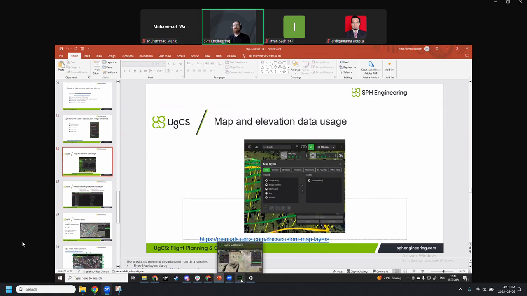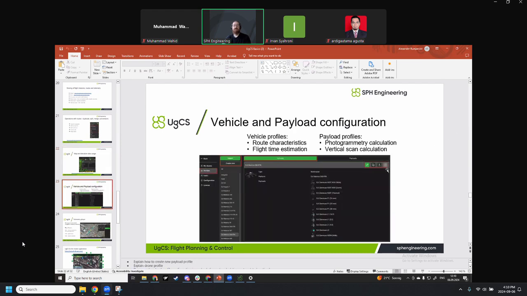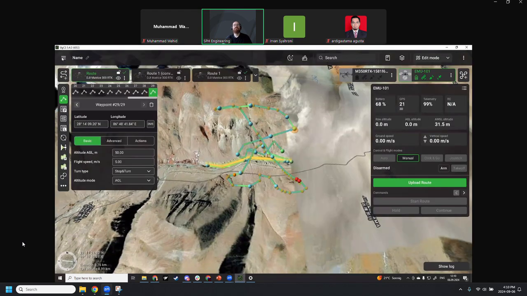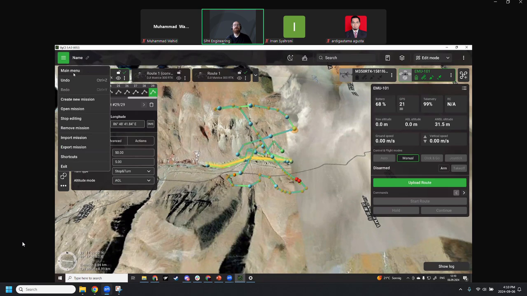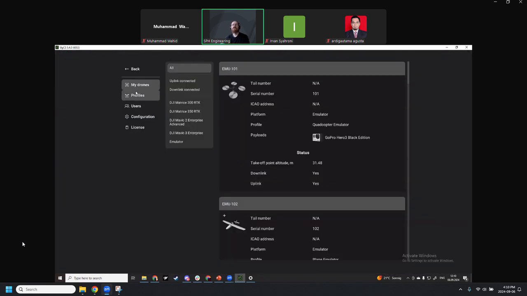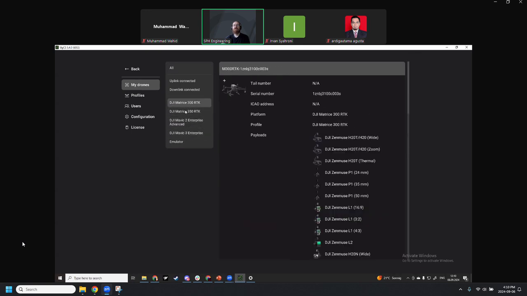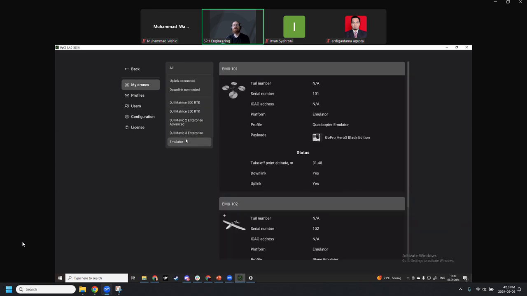Okay, map and elevation data. I've talked about this. And vehicle and payload configuration. So here in the main menu, we can see the My Drones tab. Well, I only connected these drones to this PC. So they're listed here along with the emulator. So this is the list of all connected drones, and